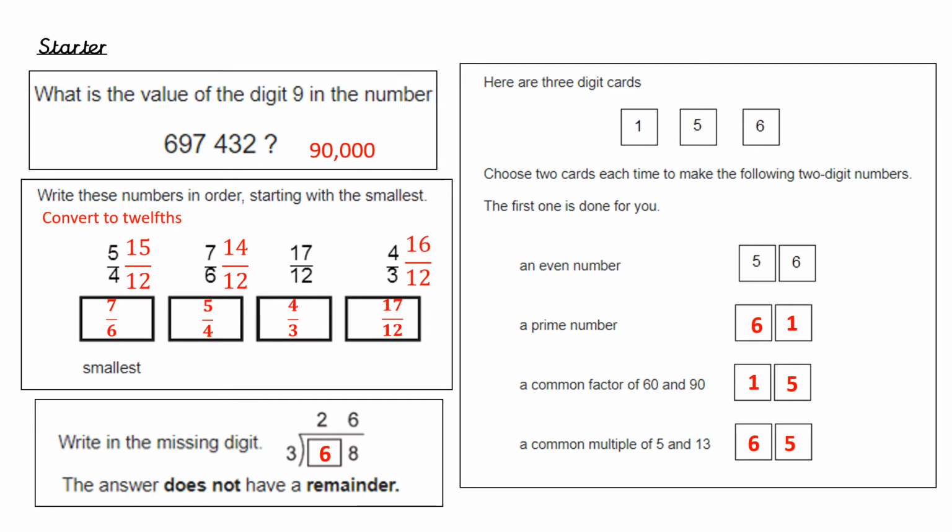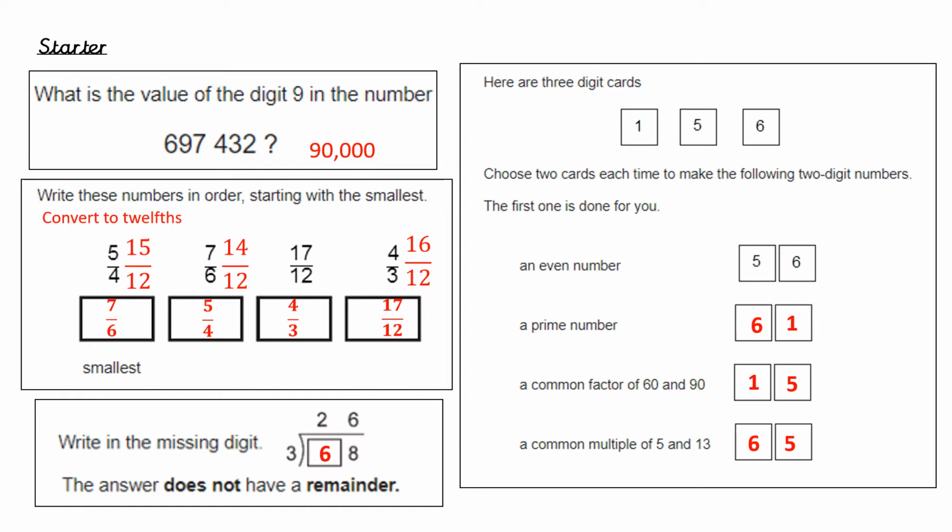And then using the 3-digit cards, make the following 2-digit numbers. So it's done the first one, an even number, and it wants a prime number. Remember, a prime number can only be divided by itself and 1. Some people might have put 51 there, however 51 can be divided equally by 3 without any remainders, so it's